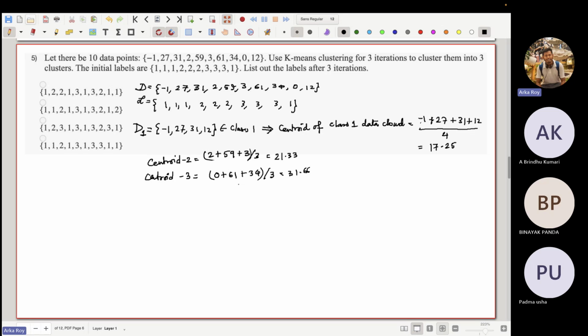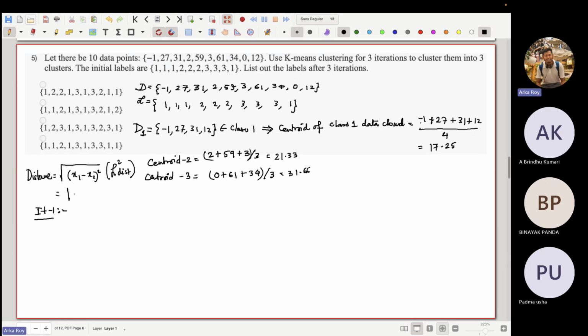Using this concept, let us now start iteration 1. We will calculate the distance as the Euclidean distance. Now the Euclidean distance is x1 minus x2 whole square, and over here we only have single dimensional data, so we do not have the y dimension, therefore only x1 minus x2 squared. In the case of a single dimension, the Euclidean distance, which we also call the L2 distance, is the same as